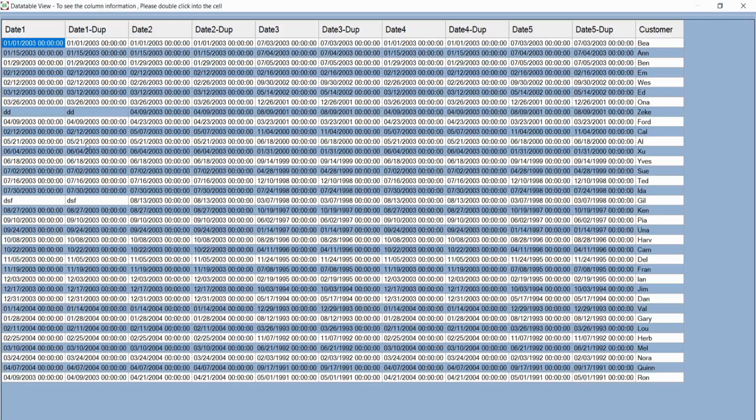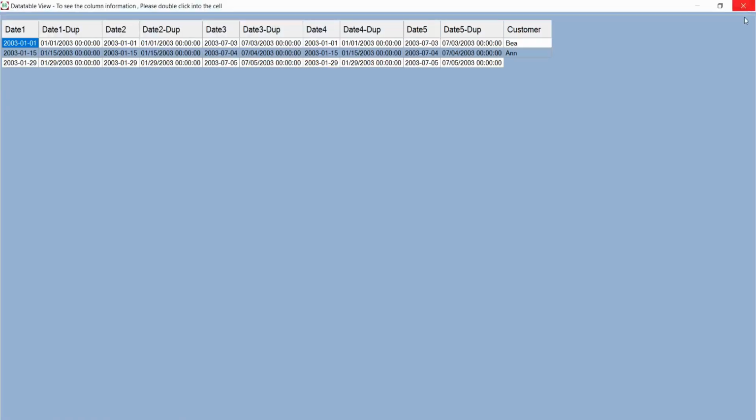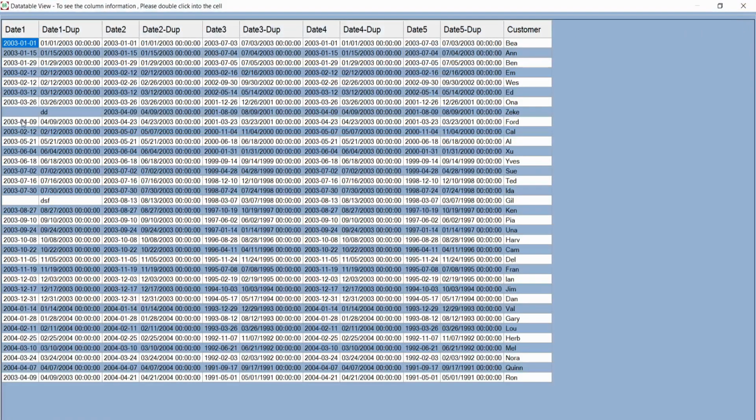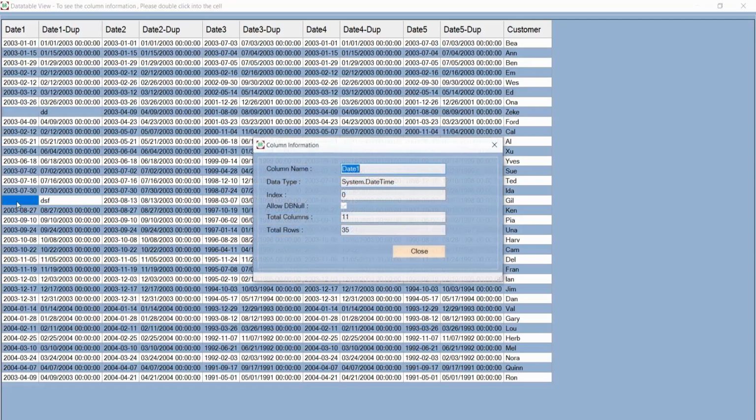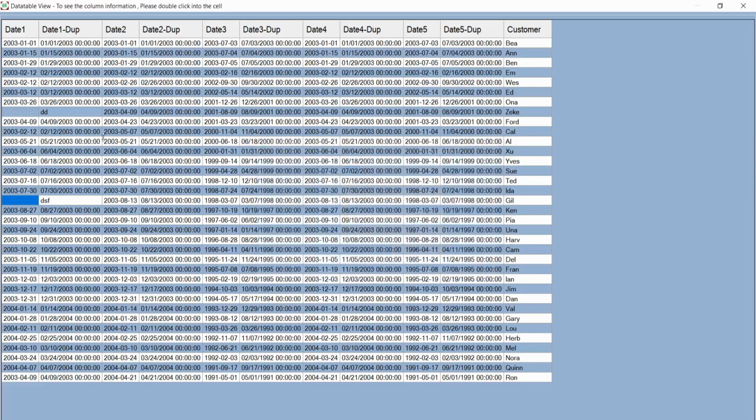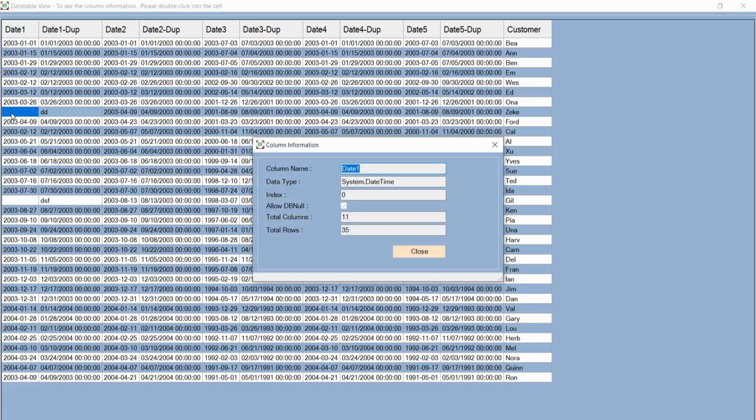And this data table before the conversion, see, it has an invalid value like DSF. I'm going to close this one, and now you can see it will add the null, that means a blank. When you have invalid data, it won't affect the process.